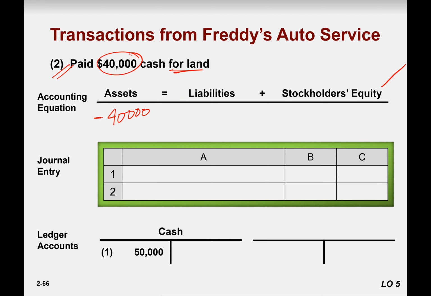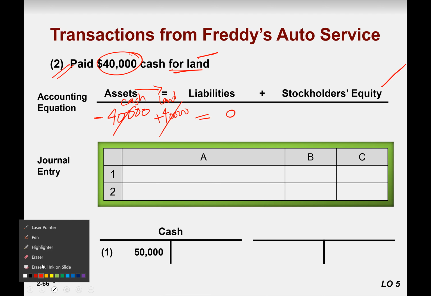On the other hand, land belongs to, land is also assets, right? Yeah. Land is the asset. Asset increase. Equation is again balanced. 40,000 cancels, right? So this is how you